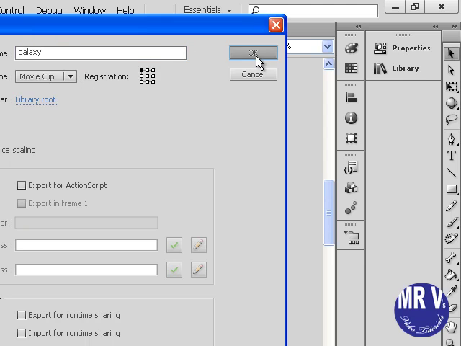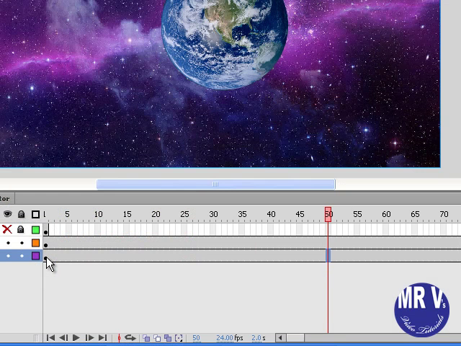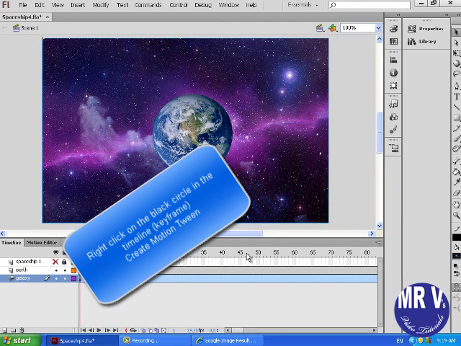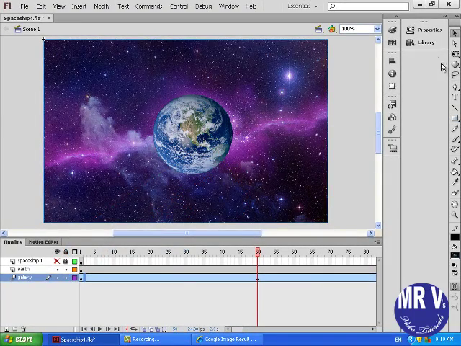And I'll call it galaxy. You made it a movie clip, but now you need to make it a motion tween. Even though nothing's going to move, you make it a motion tween. So you go create motion tween, and then you move to the 50th frame and you press F6,